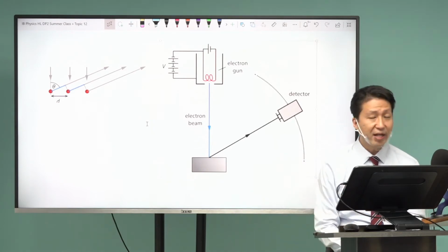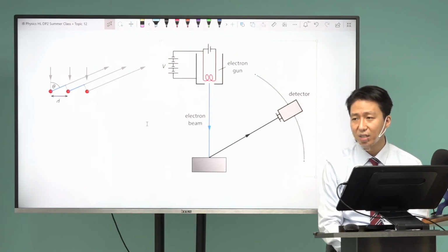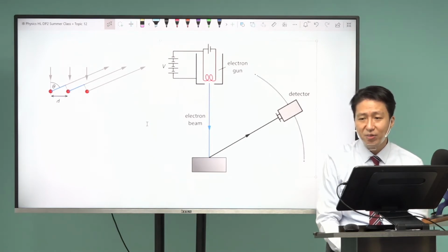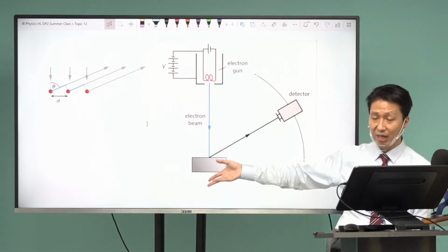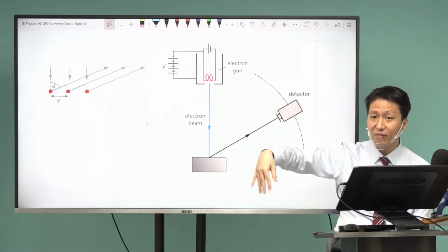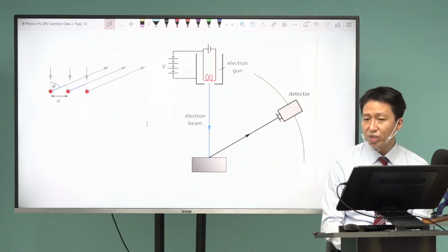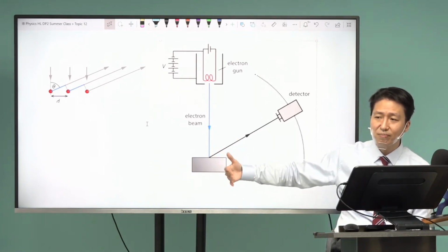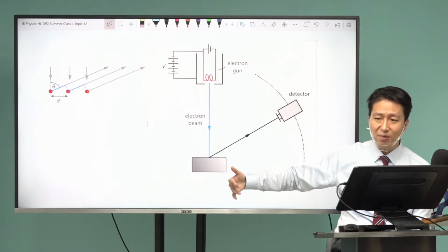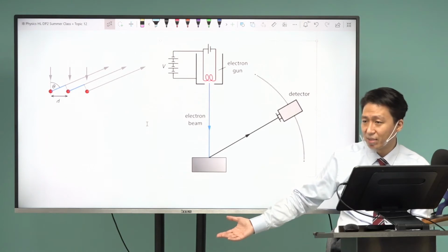What you would normally expect is if you shoot electrons at anything, they're just balls. If balls bounce off other balls, which are the atoms, they should scatter randomly. It's just bouncing off a sphere. It depends on how it hits it. It goes in a different angle. So you shouldn't have any peaks. You shouldn't have any maximums or minimums. They should just be random bouncing. That's what they expected.